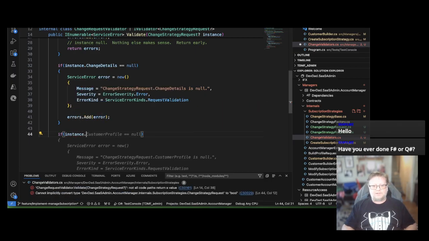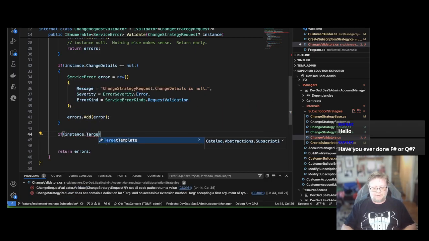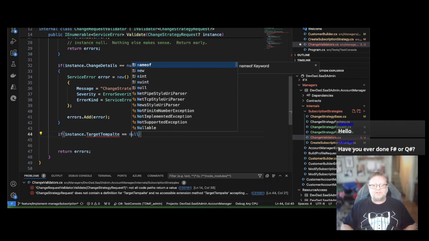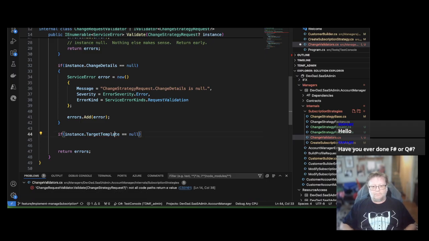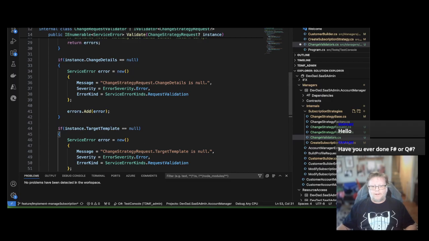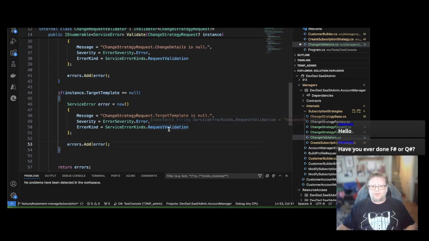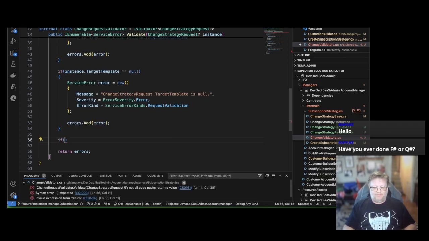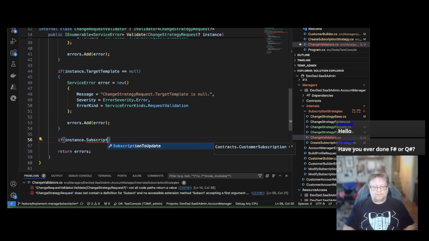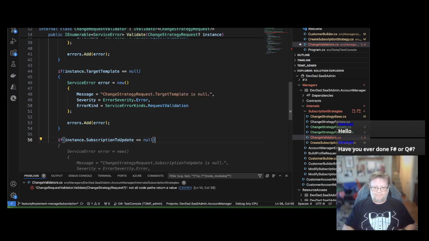If instance dot target template is null, and I have to spell it right. Target template is null, request validation, errors dot add error. And finally, if instance dot subscription to update is null,